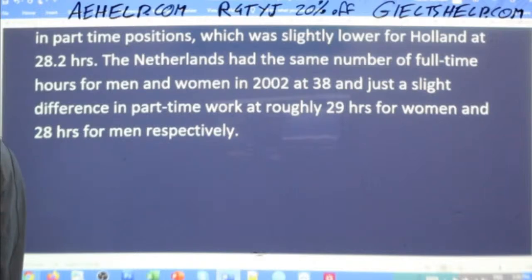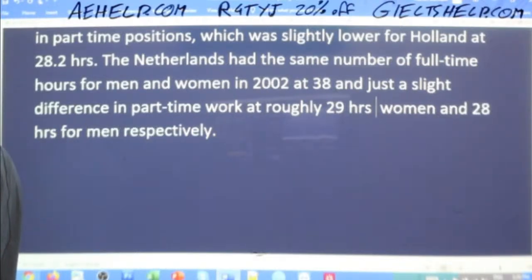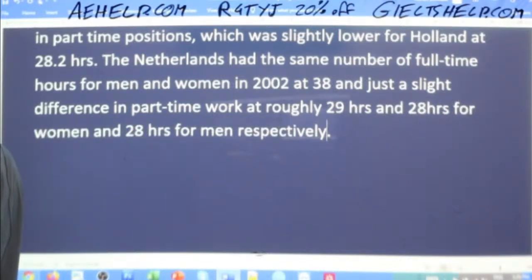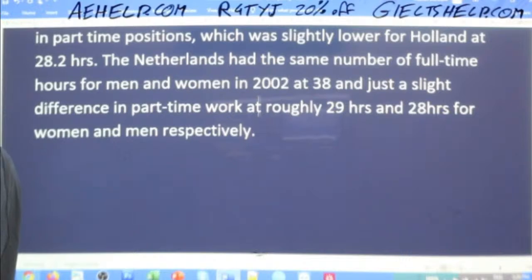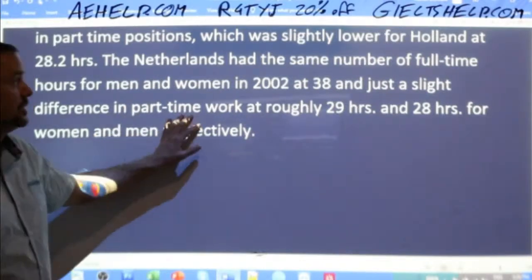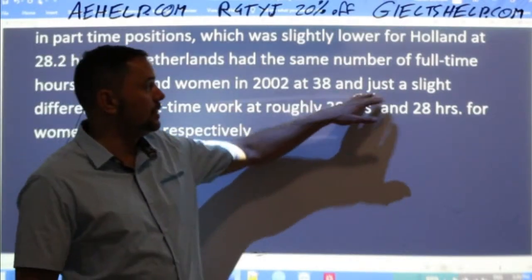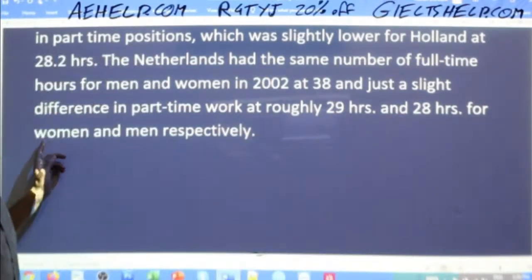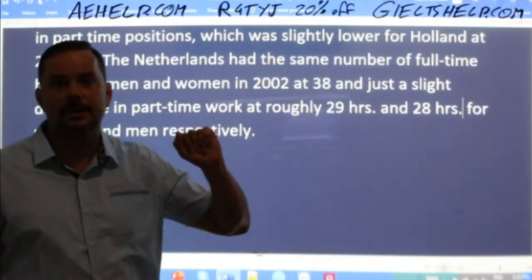Okay, 29 hours and 28 hours for women and men, respectively, shortening it up. So that was a little trick that I wanted to show you there using the word respectively, where you can reorganize the information this way. Okay, so 2002, 38, and just a slight difference in part-time work at roughly 29 and 28 hours for women and men respectively. All right.